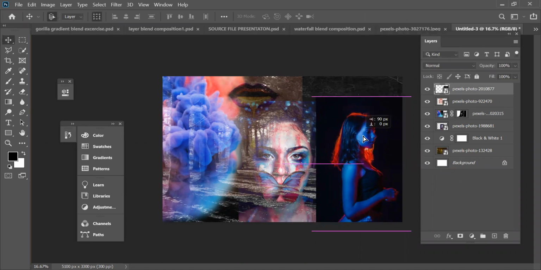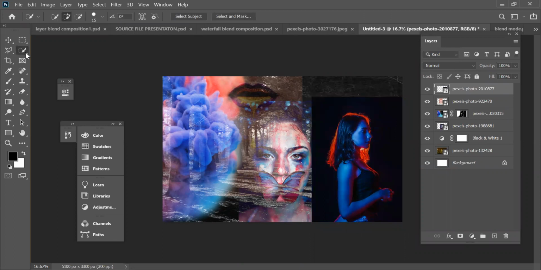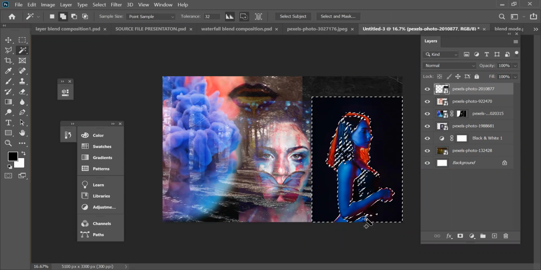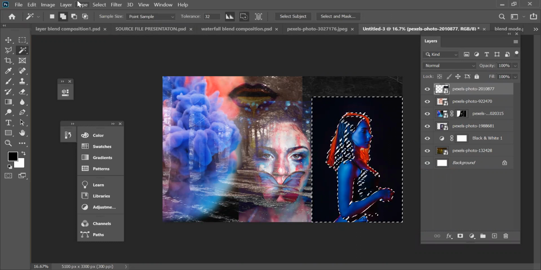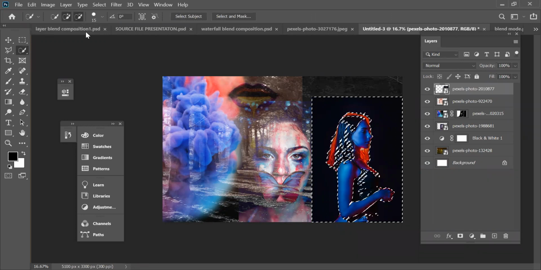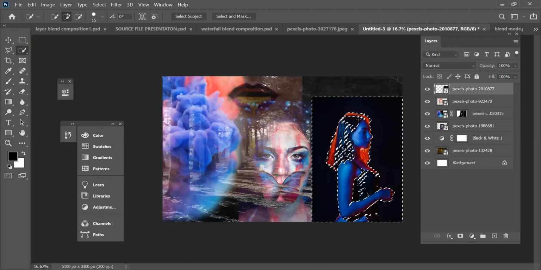And then if I want to mask the background of this, I can just use my magic wand tool. Select only the black area, use the quick selection tool. So basically I'm just using the selections to only select this particular lady over here.